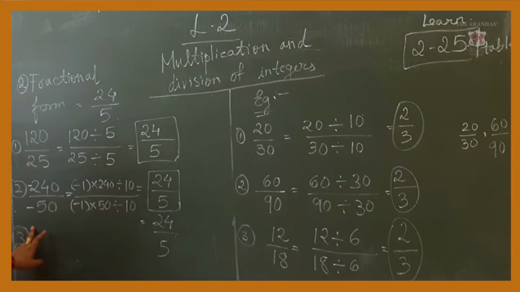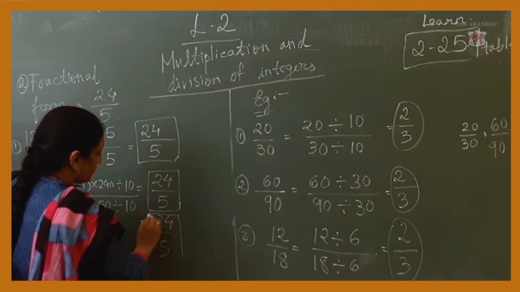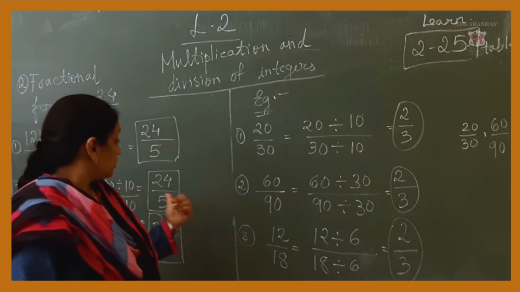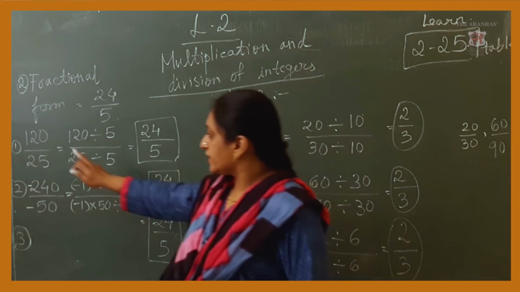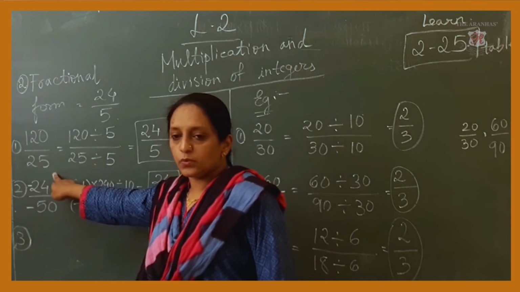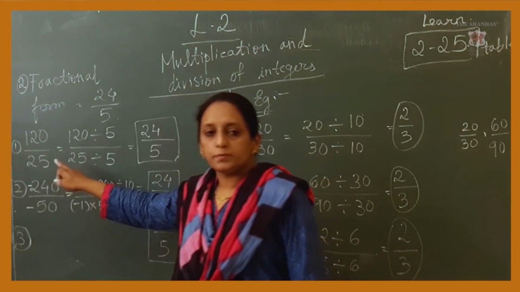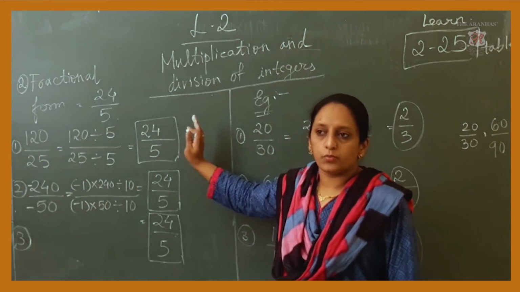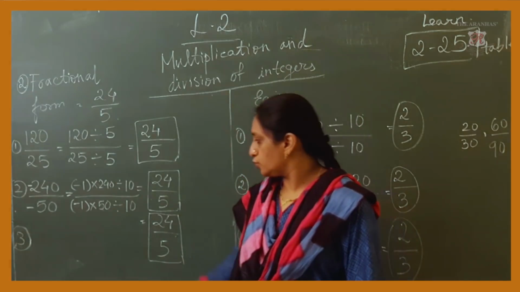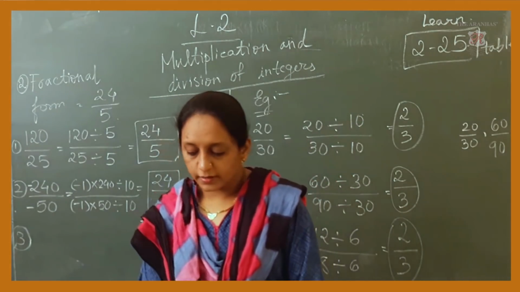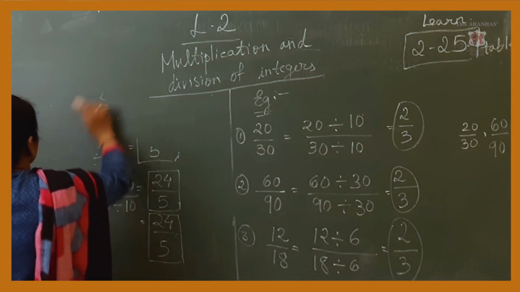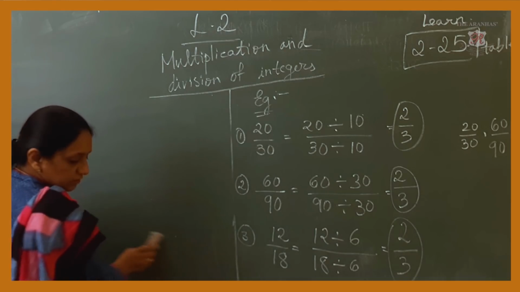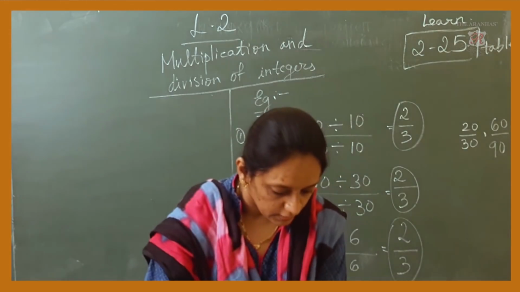Now your homework is to find out the third division of integers to get 24 upon 5. I think you can work it out. You will take only 2 minutes if you have understood this example. You can take any two numbers, divide them, but the two numbers should be such that the answer is 24 upon 5. It is up to you what numbers you take, find out and write down. So this was how to solve question number 2. Question number 2 and question number 3, I think, are the same.